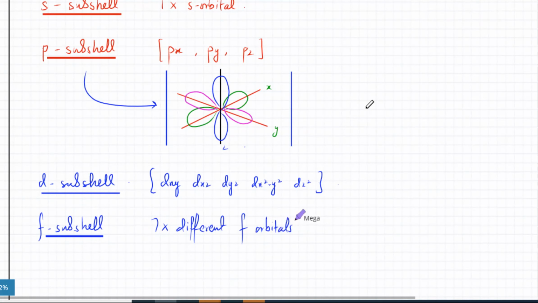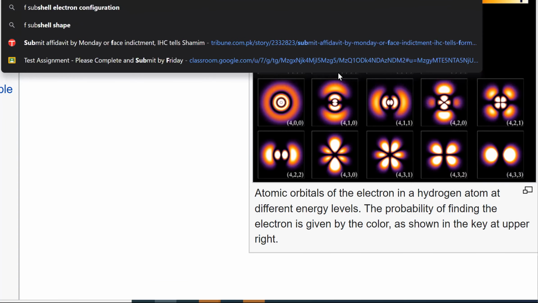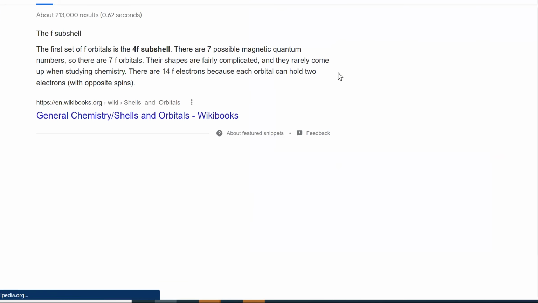ठीक है, उसका बस एक जनरली से हम देख लेते हैं कि if I just Google what I mean, F subshell is like this. The electron has many lobes. The negative charge is spread, वो nucleus के the negative charge is spread in many lobes. ठीक है, so तो वैसी एक शक्ल दिखा देते हैं F subshell की